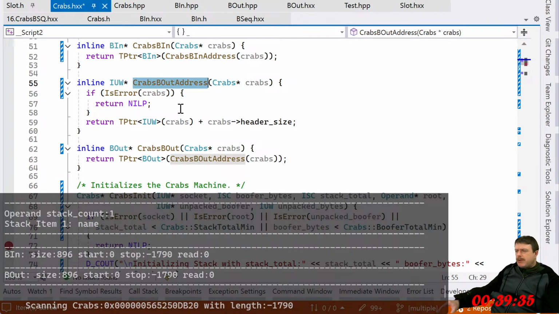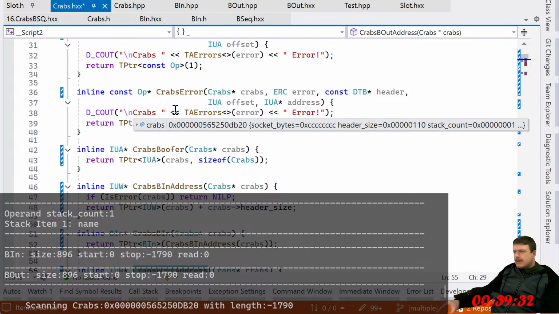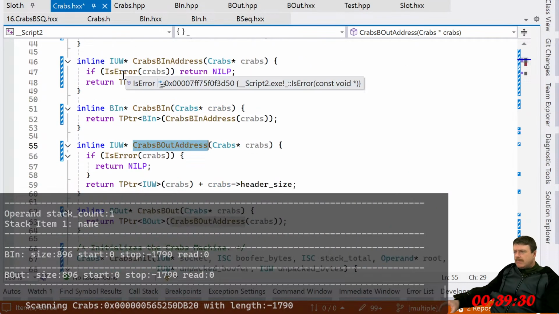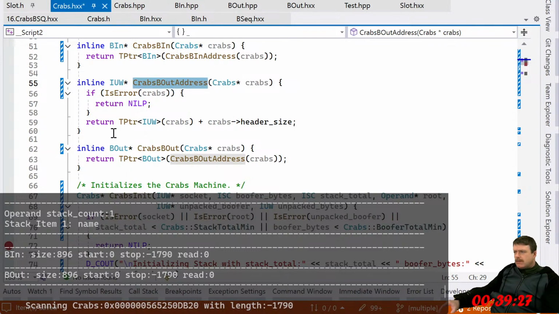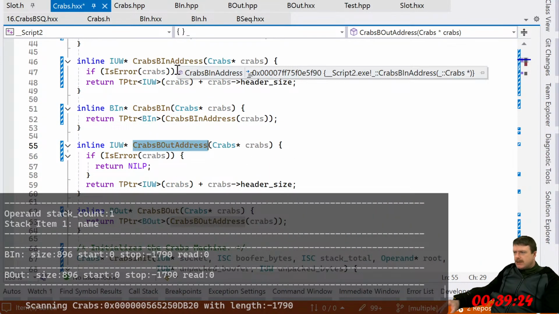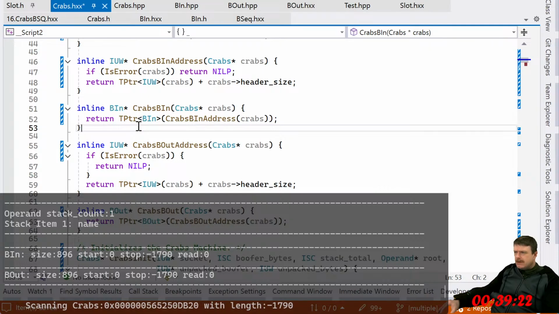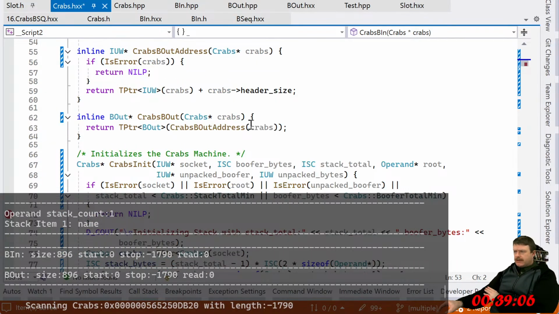All right, so here's my problem, and this has totally been messing me up. I do not have DRY code here. Looks like we have a B in address. What is the difference between these two things? Oh wait, this one's right, and then this one. Oh, never mind, it's DRY. I'm just being silly. B out.